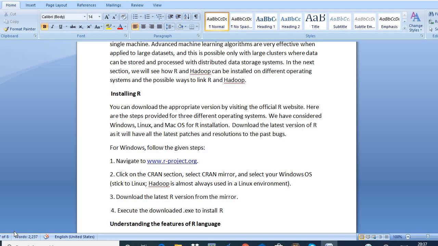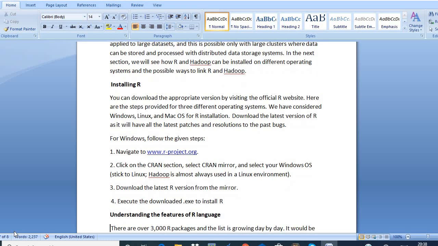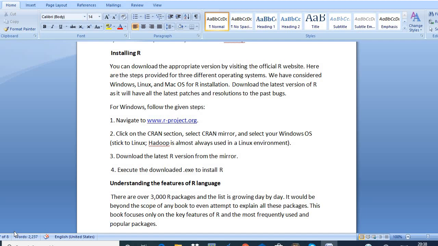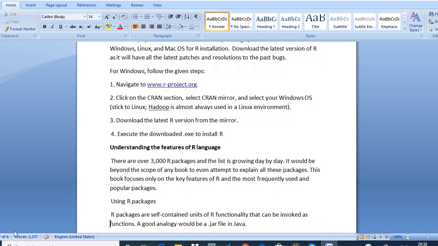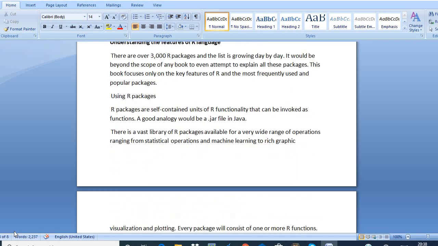First, navigate to www.r-project.org. Then click on the CRAN section. Select a CRAN mirror and select your Windows operating system. Download the latest R version from the mirror. Then execute the downloaded .exe to install R.